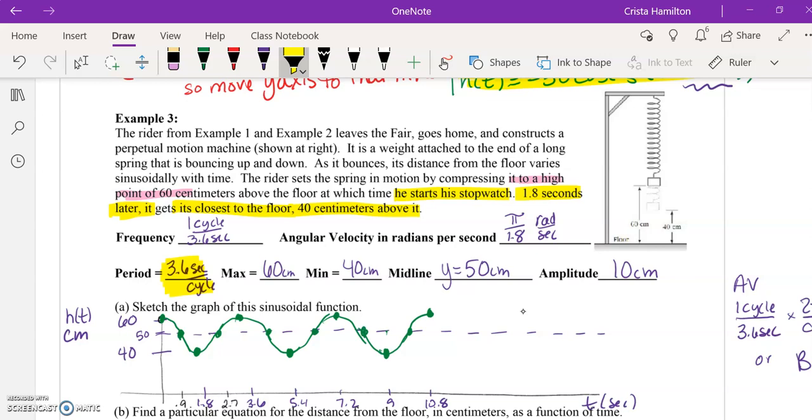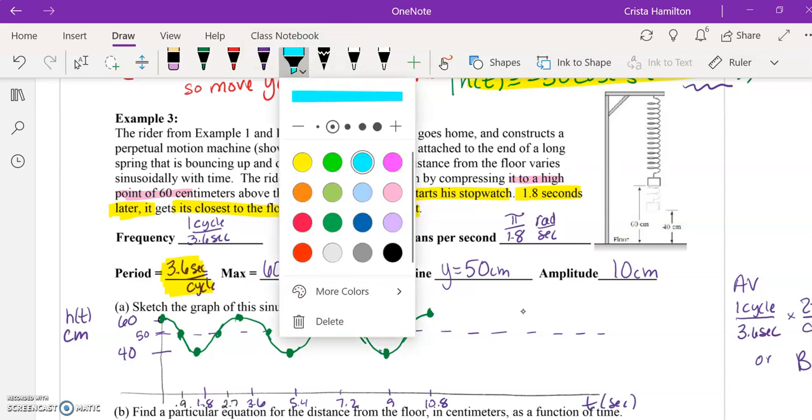So if you have made that mistake, you do want to go back, pause the video, and then rework the problem with the correct period, because that's going to affect pretty much every answer that you have. So pause, make yourself a note, and then go back and fix it. All right, for those of you that did have it correct, we're going to continue on here and take a look at some important features.